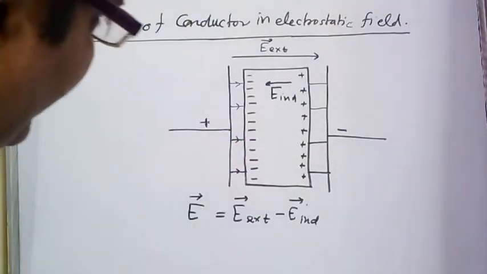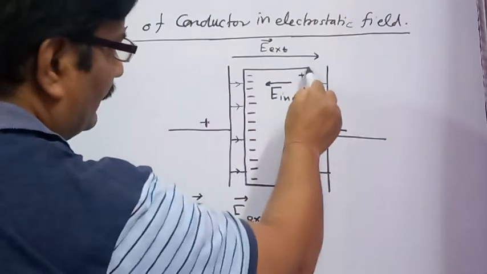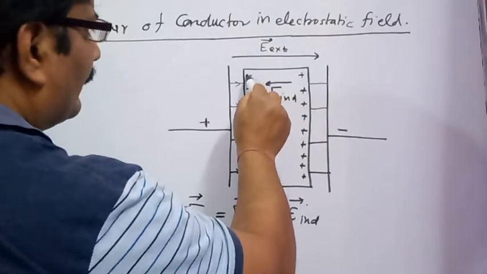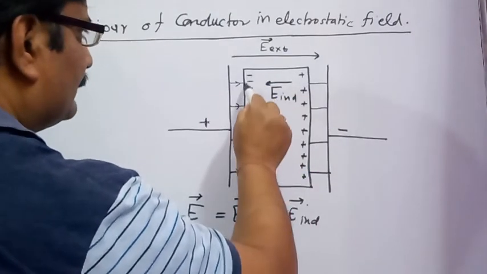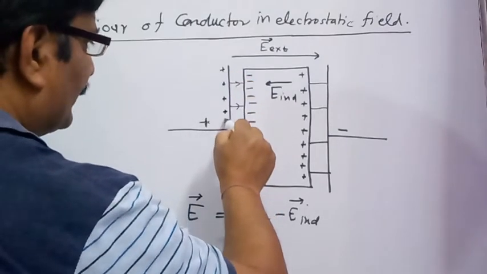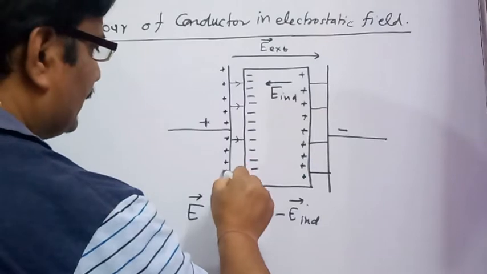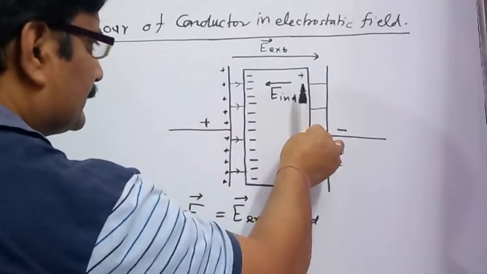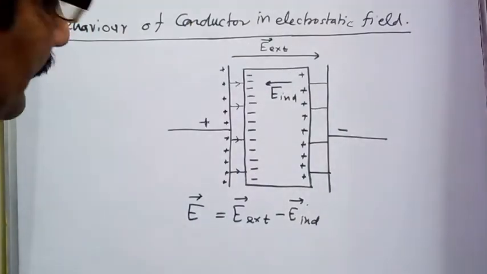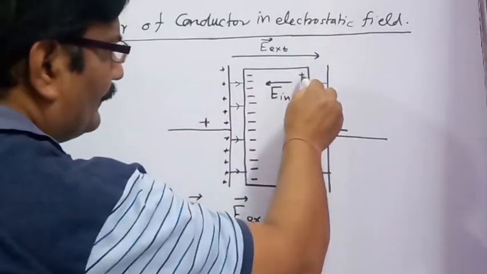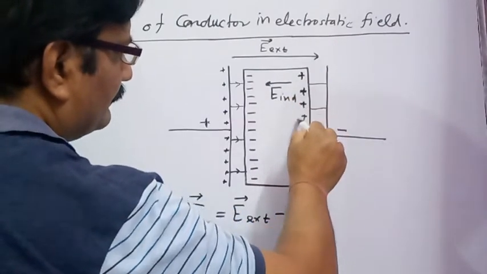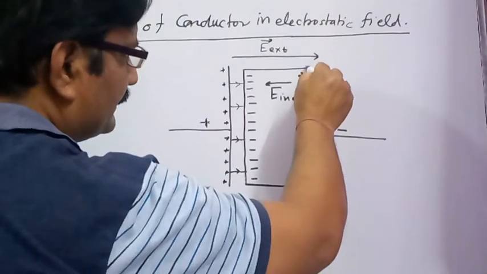So as soon as we place this conducting slab, suppose this is a metallic slab, the free electrons try to align towards the positive plate of the field. This plate of the field is positively charged, so all the free electrons align towards the positive plate due to attraction by the opposite charge. Similarly, positively charged atoms are moving towards the negative plate of the